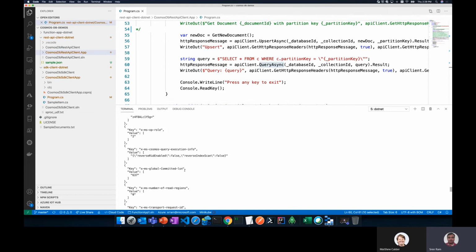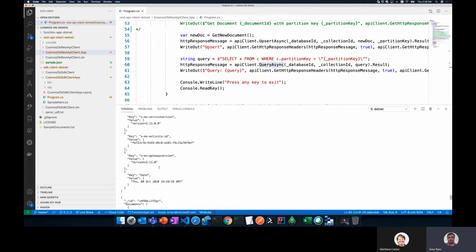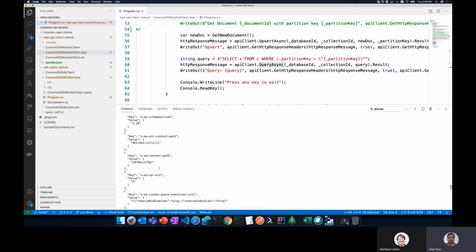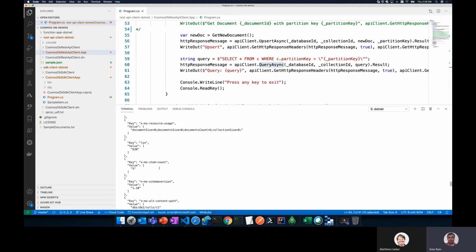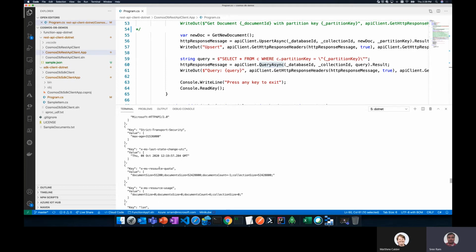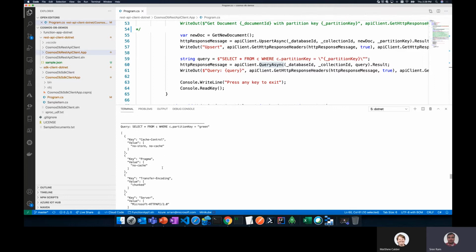Please see here, you get a rich set of information from its header. And also last week we spoke about how to see the RUs within this header. So if you scroll up, you will see information about